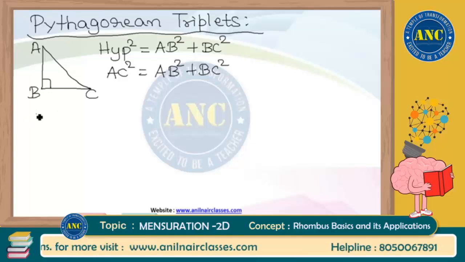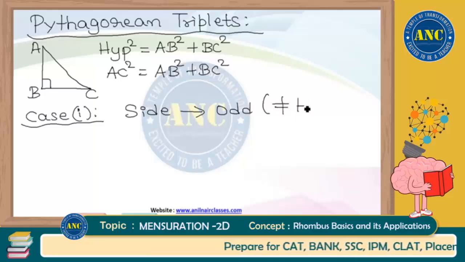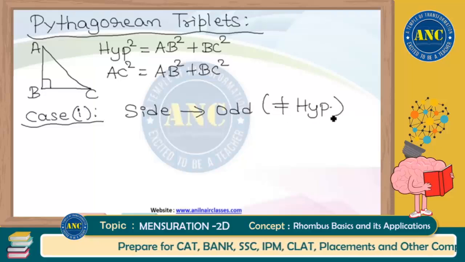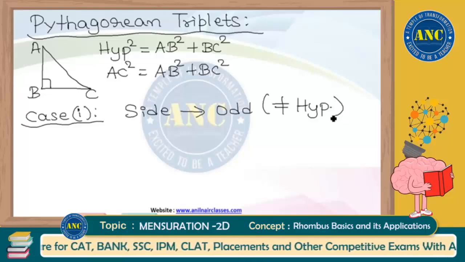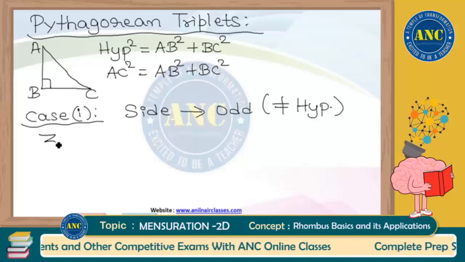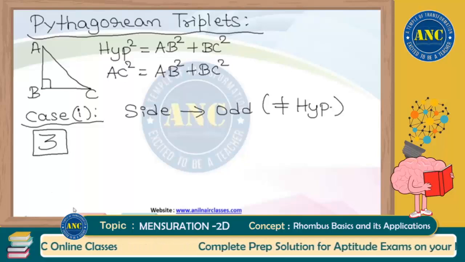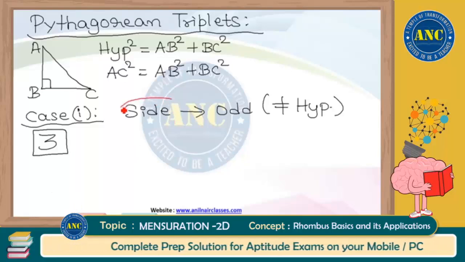Now see here, sir. There are three sides totally. What I will do is I will take one of the sides as an odd number which is not the hypotenuse. Hypotenuse is the longest side, which you are aware of. Suppose for example I take one of the sides as 3, right? One of the sides of the Pythagorean triplet is 3. Now, if the side is an odd number,